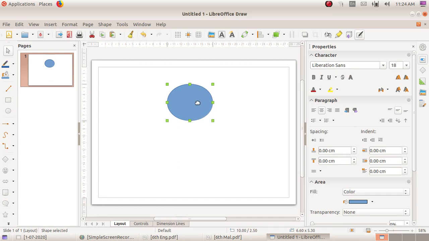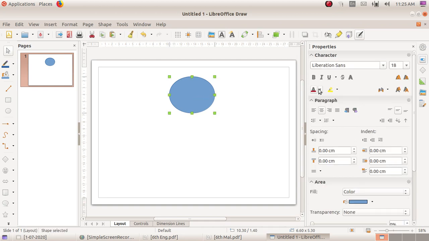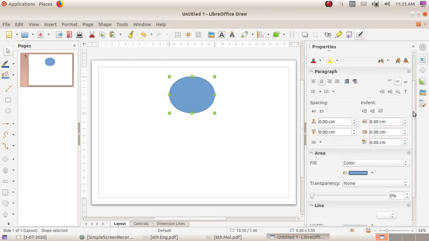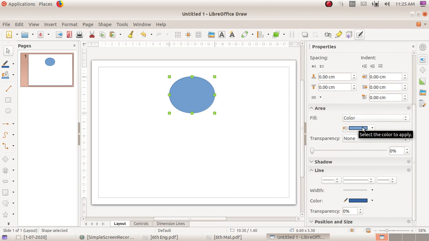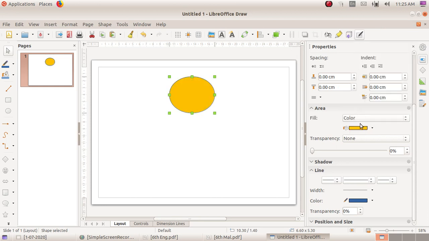You can move the shape anywhere in this window. Then select the shape, and in the properties window, in the area section, you can change the color of this shape.